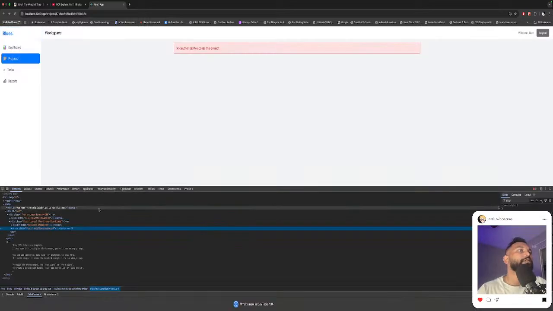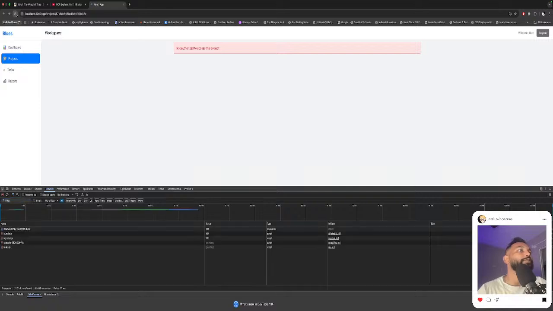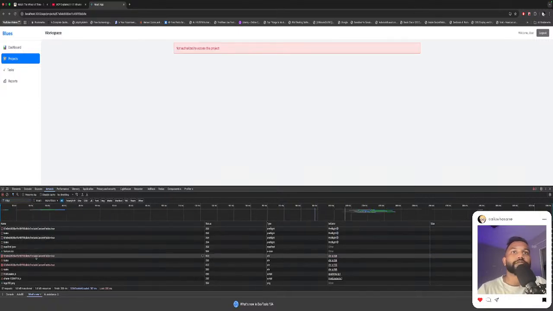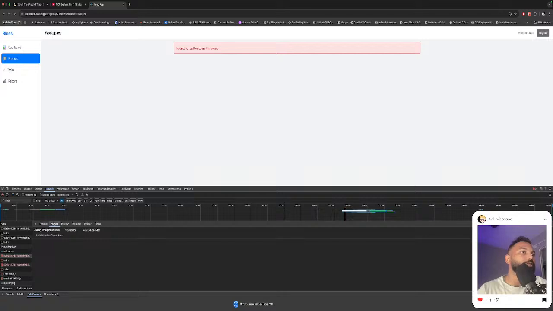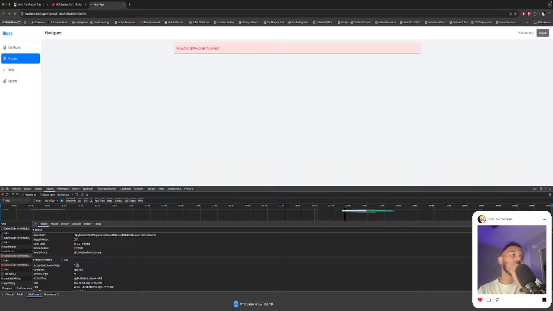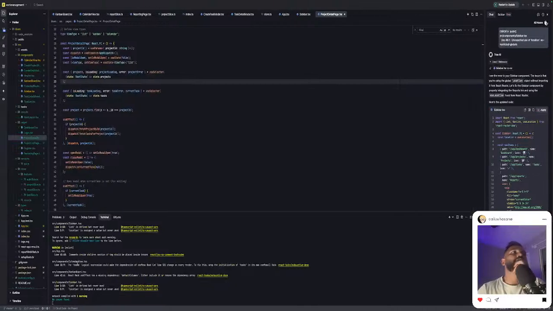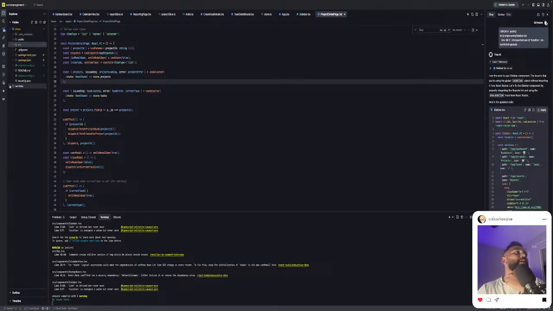Inspect element. Network, is it? Something that's 403 message, no. Not authorized. So this is the error message that I'm getting from the API, right? So I'll have to work on the API and see what's messing it. I think I had some issue with the API's